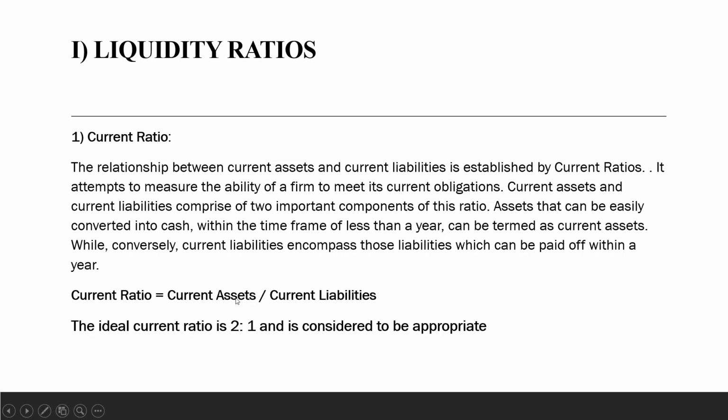That means the current assets should always be more than the current liabilities in order to run the business smoothly in the future, so that cash can be easily converted in a shorter period of time, and the money utilized in the company can be paid off as liabilities to wherever the loans have been taken within a period of 1 year. So this is the ideal current ratio. You should also remember that the standard current ratio is always 2:1.